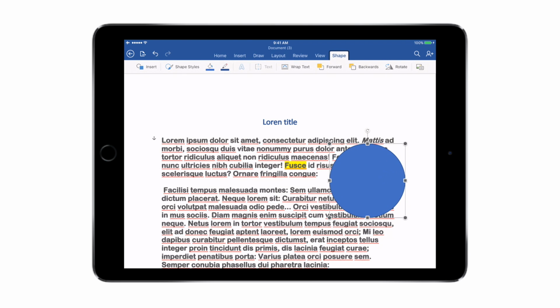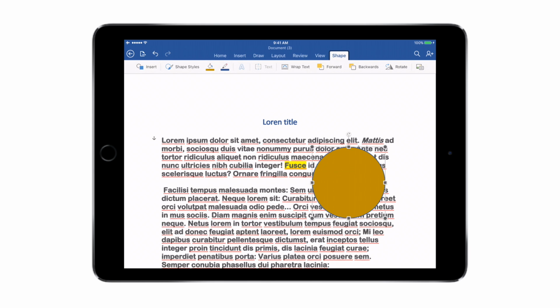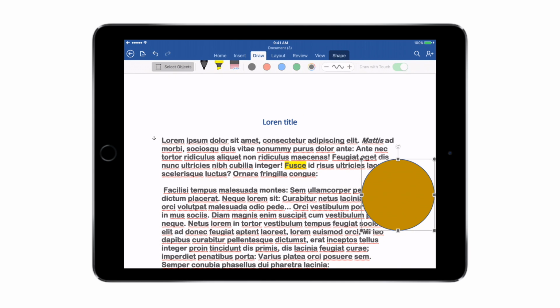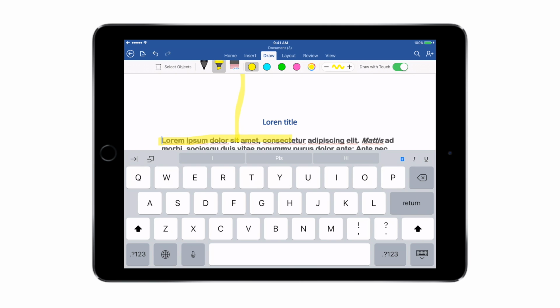You can also go to the insert tab, insert any shapes that you want. So say I like this shape, I can place it anywhere that I like. I can modify, I can also change color. I can also use the draw option and use markers. This is specifically for the iPad, and if I want to say highlight any specific text, I can do it manually also. I can choose any color that I want. I can change the width of the marker also.